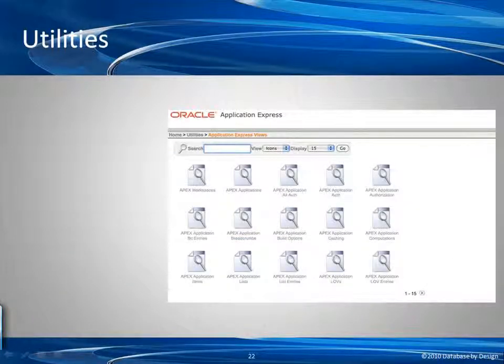Then if we go back to Utilities, under Application Express Views, we can look at all of the views, and this is the metadata. This is the views that basically make up Application Express. And we can see here we have a total of 15 of them. Actually, yeah, there's a total of 15 views. So we can look at the details of the metadata within Oracle Application Express. These tables are accessible from SQL Plus as well. I mean, if you logged into the appropriate account within the database that has Apex, you can query these tables and get the exact same information. Here it just provides us a little nicer look and feel and gives